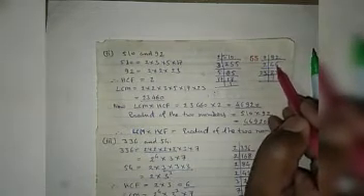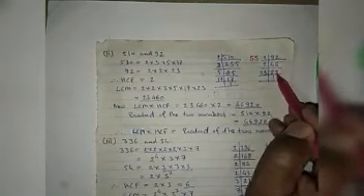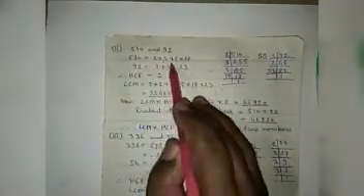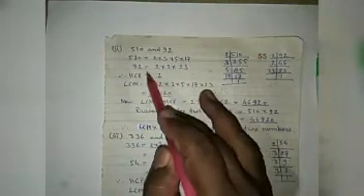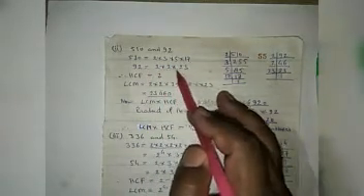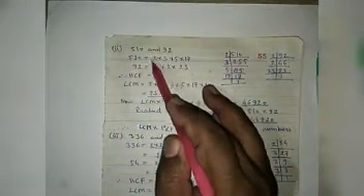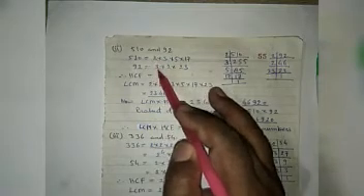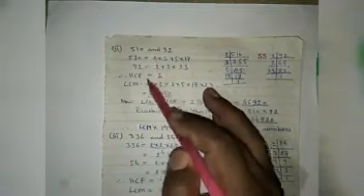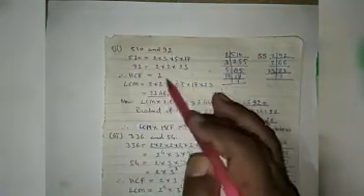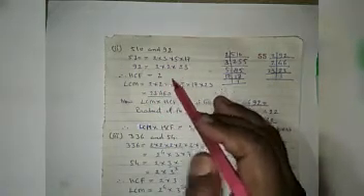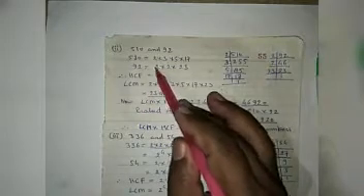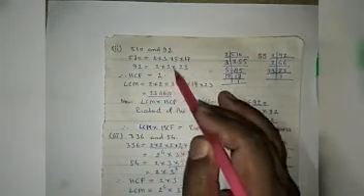Now 92 is an even number, it is also divided by 2, it gives 46. 46 is even, so it is again divided by 2, it gives 23. 23 is a prime number. So here 510 is equal to 2 into 3 into 5 into 17, and 92 is equal to 2 into 2 into 23. Here we see that there is only one factor in common. 2 in the first number is one time and in the second number is 2 times, but one time is common. So HCF is 2. For LCM, all types of factors come having the highest power.